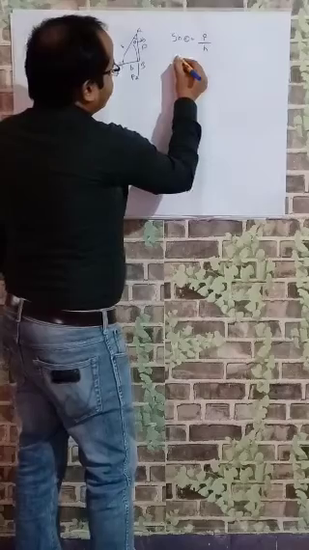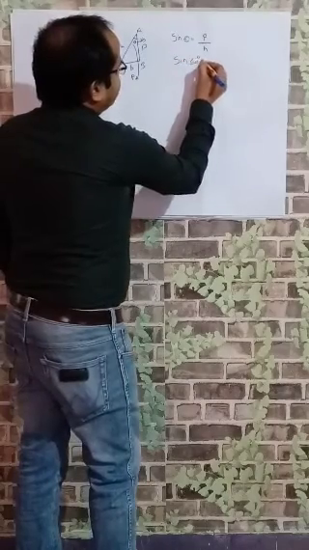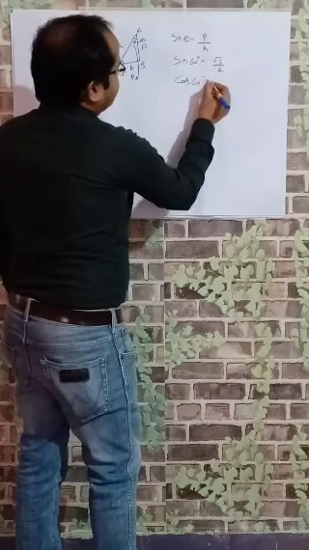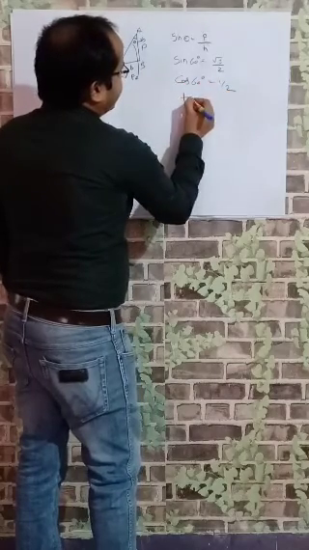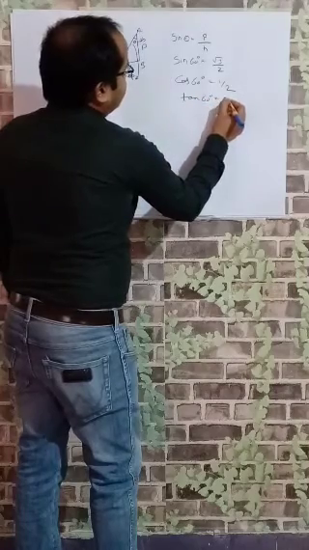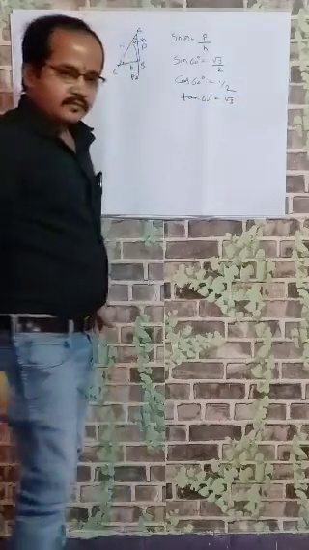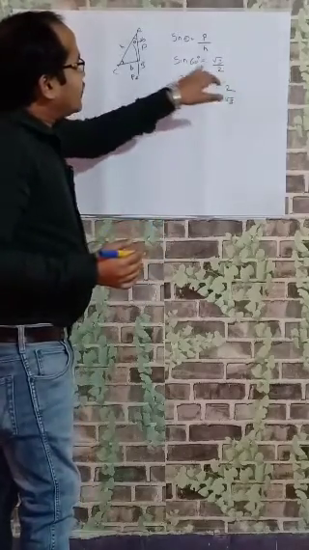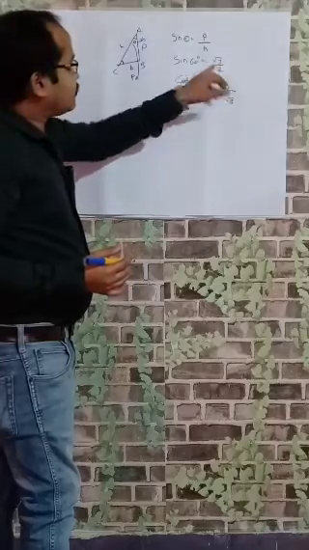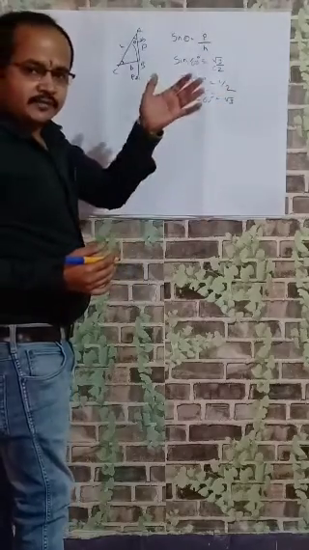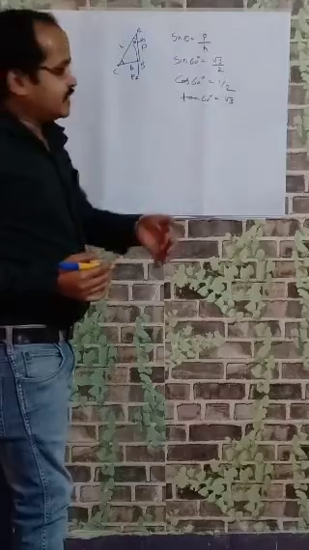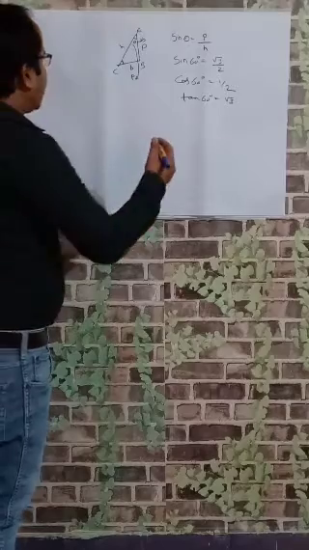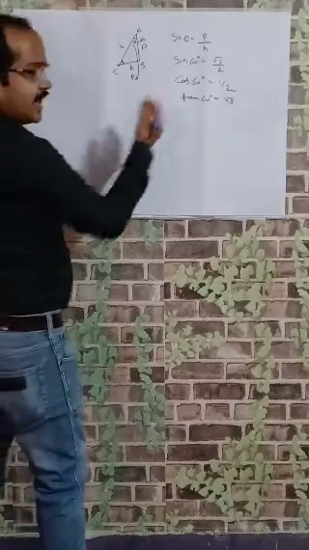So also we know sine 60 is equal to root 3 by 2, cos 60 is equal to 1 by 2 and tan 60 is equal to root 3. So I am going to explain how we are getting these values: sine 60 root 3 by 2, sine 30 1 by 2, sine 45, sine 90 and sine 0, similarly cos, similarly tan. How are we getting these values? So I am going to introduce some basic concepts behind it.